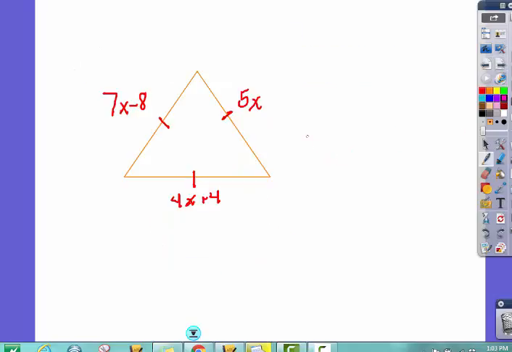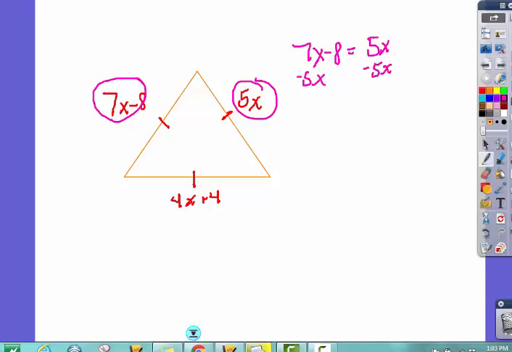So if I have a problem like this where I'm given the sides, okay, do not add them up to 180. They're all the same, so just pick two. I'm going to pick this one and this one. So 7x minus 8 equals 5x. Okay. I could move the 5x over here, but if I do that,